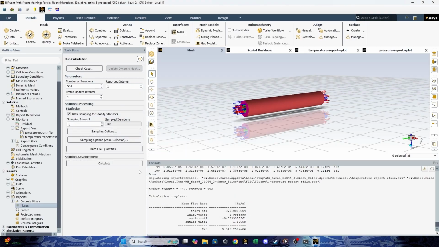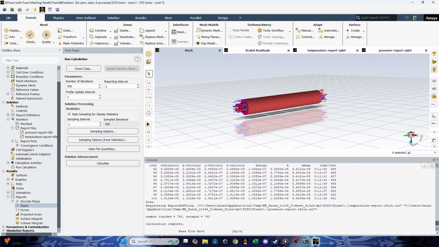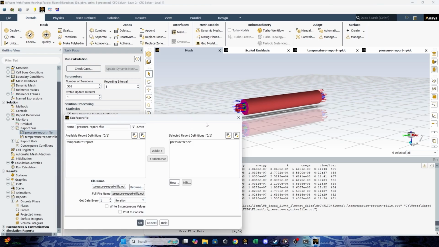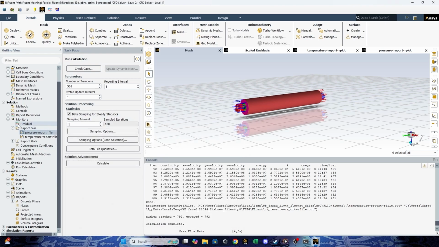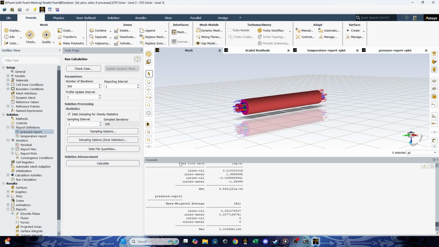Okay. So to find the outlet temperature for our simulation, go to the report definition. Click here and go to compute.